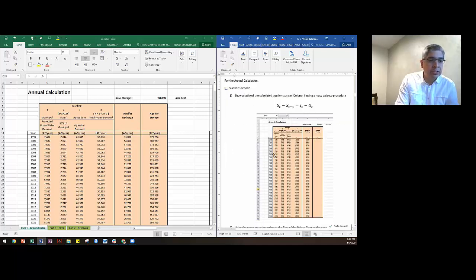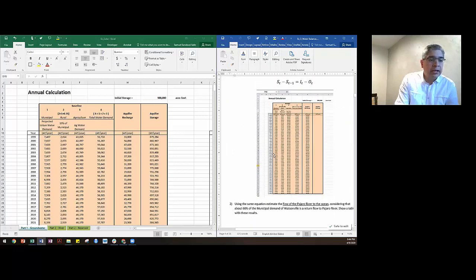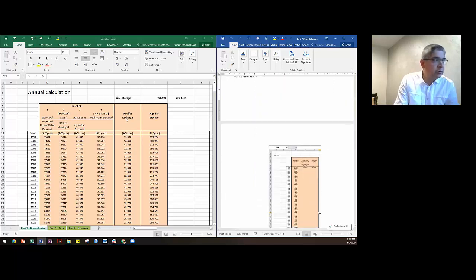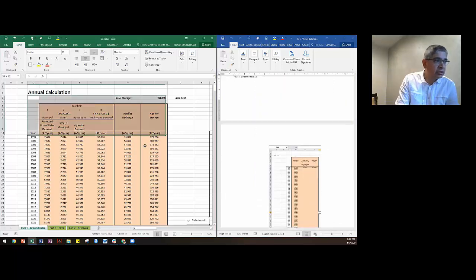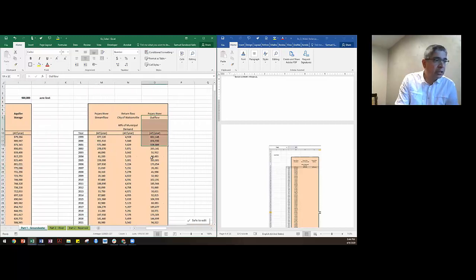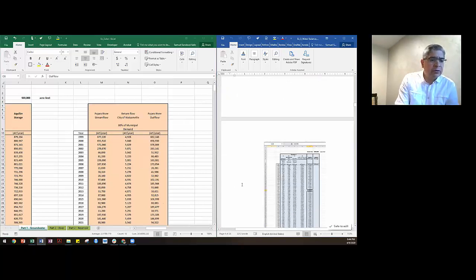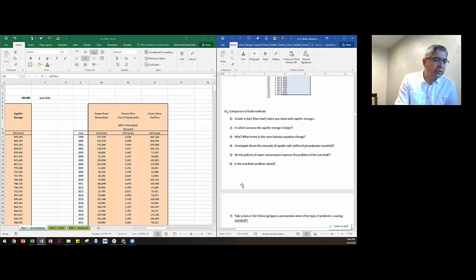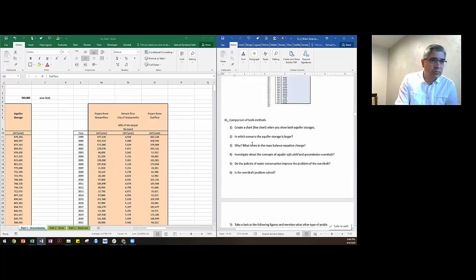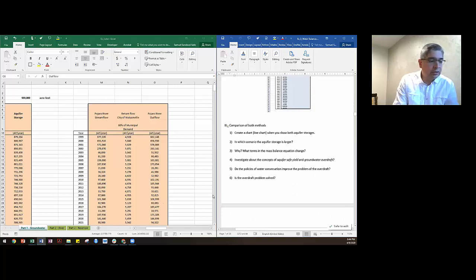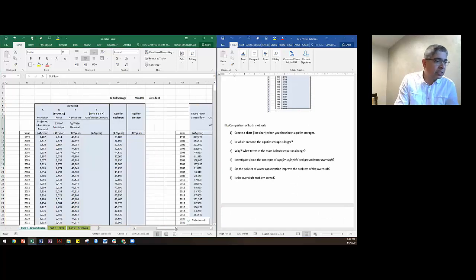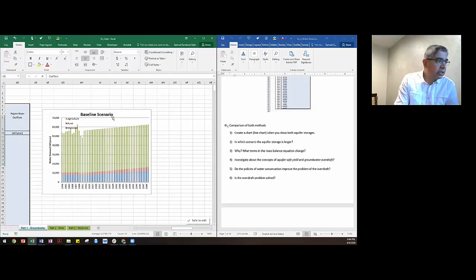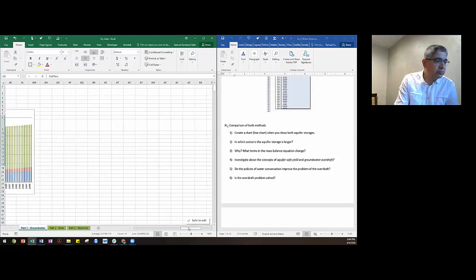So that's pretty simple. And you will have to do it for estimating the storage in the aquifer and also what will be the flow that it will go out of in Pajaro River. So for you to do this, and to estimate those and create the charts that are already here generated for you and so on,